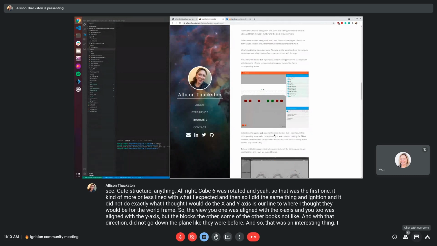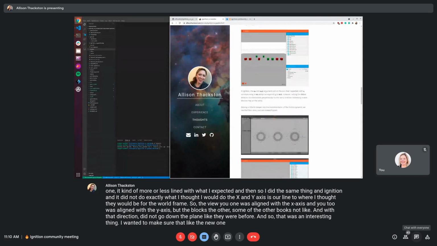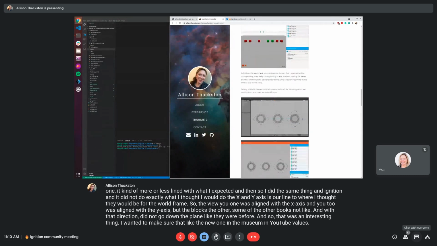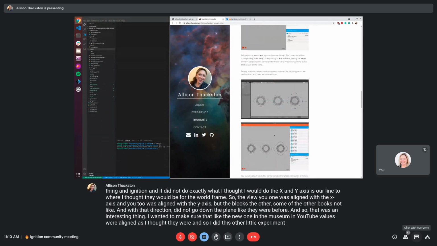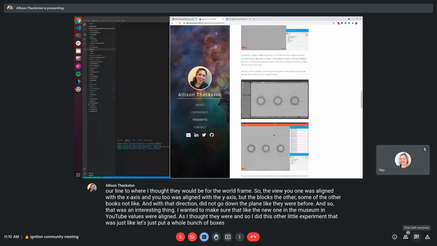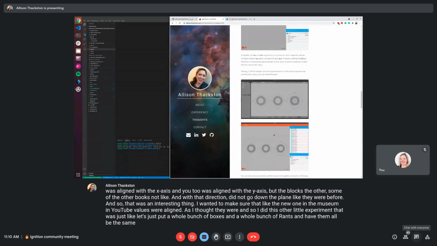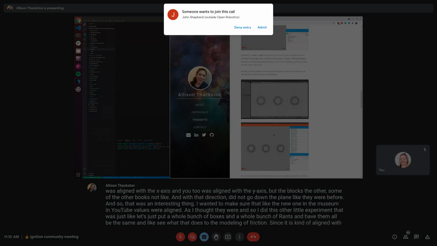I wanted to make sure that the mu1 and mu2 values were aligned as I thought they were. So I did this other little experiment: let's put a whole bunch of boxes on a whole bunch of ramps, have them all be the same, and see what that does to the modeling of friction, since it is aligned with the world frame.